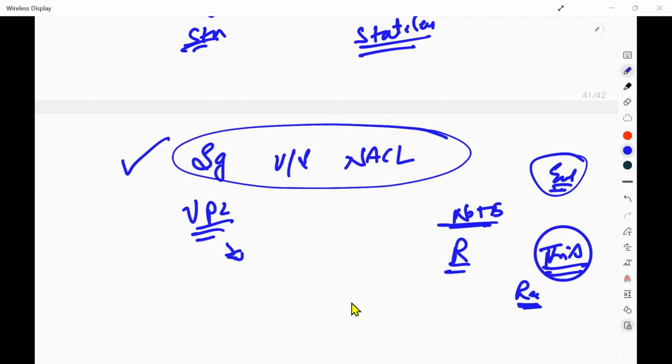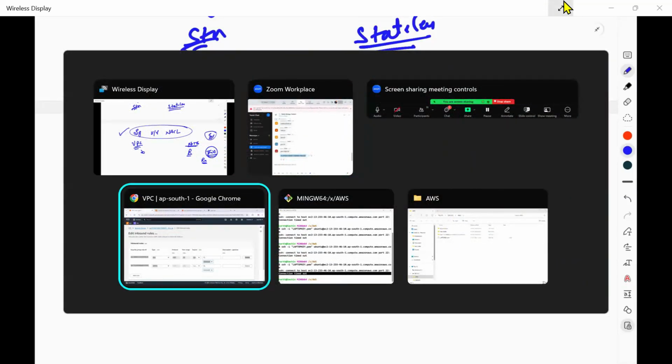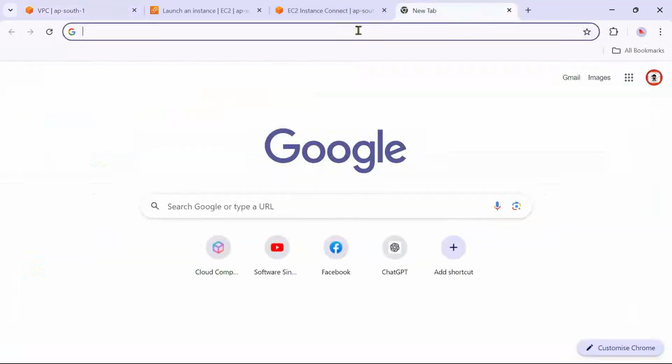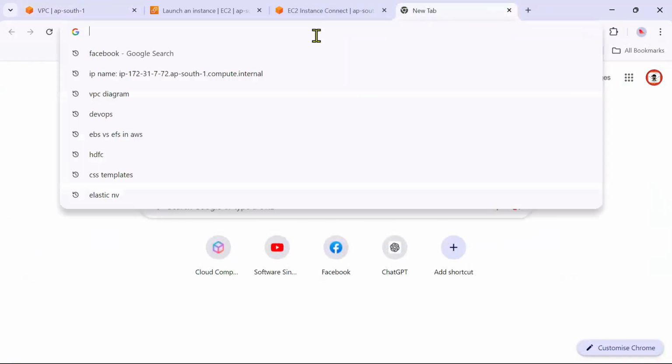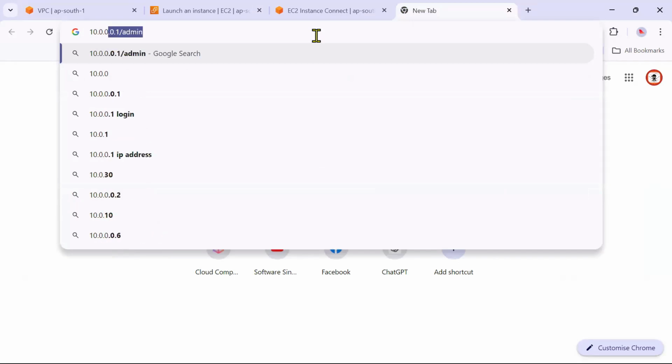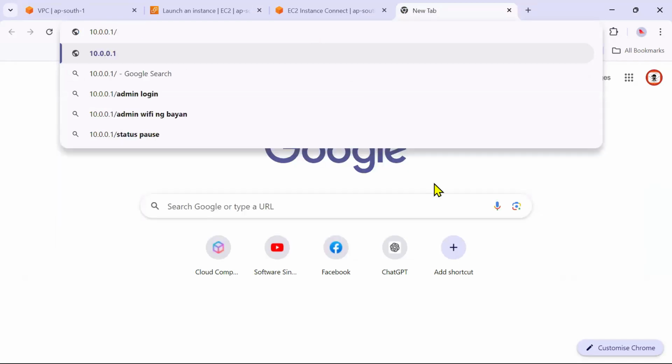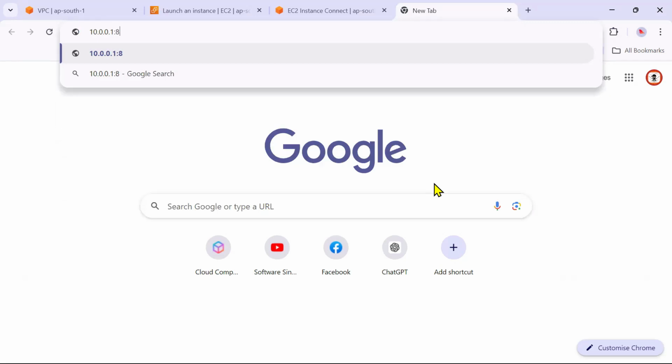If you want to pick that, just provide your IP address, 10.0.0.x, colon 80, slash, and the file name you provided, whether index1.html or sachin.html.